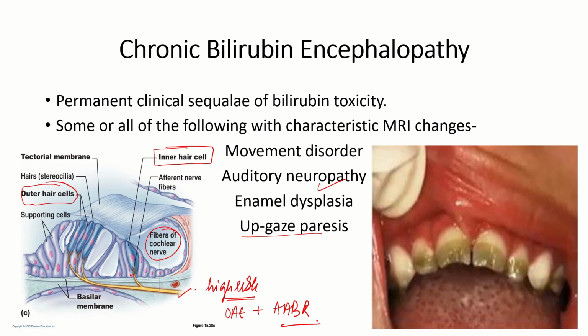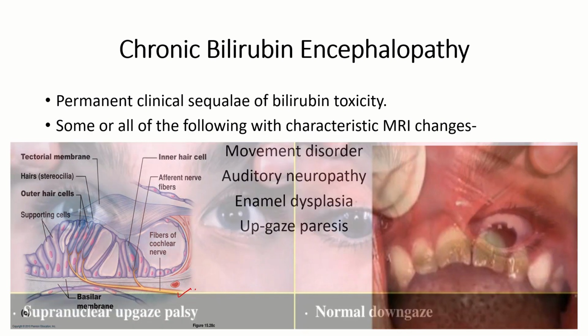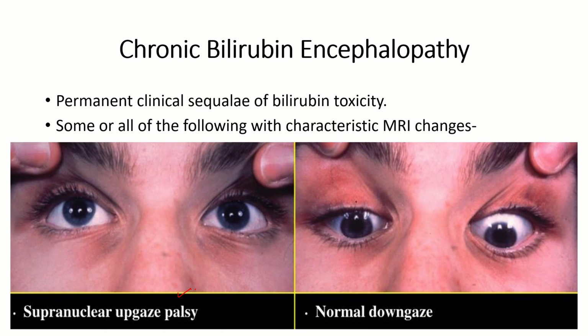In upgaze paralysis, whenever the child is asked to look downwards, the downgaze is preserved. But when the child is asked to look upwards, the child instead tends to extend the neck upwards. That is all about